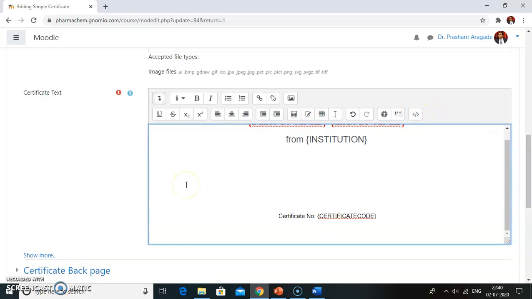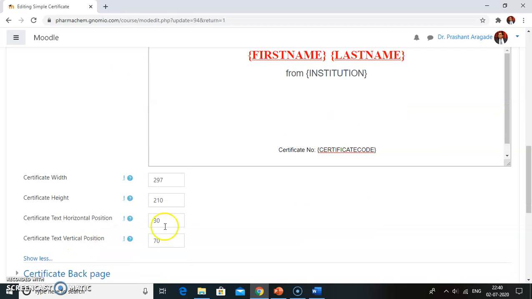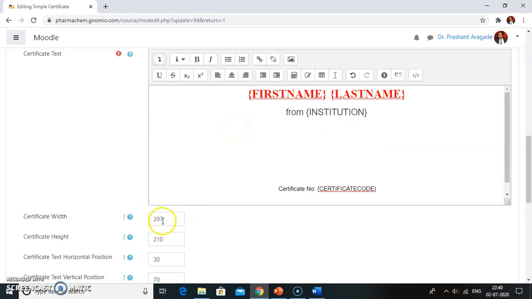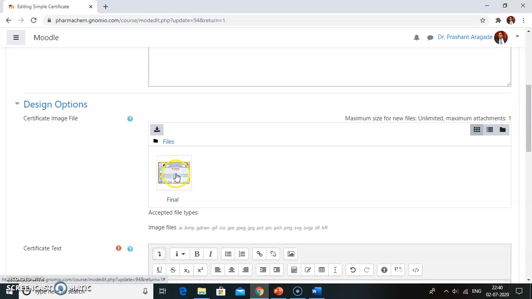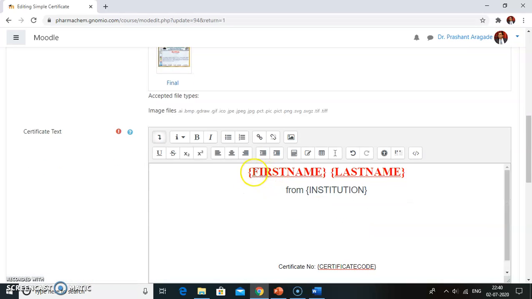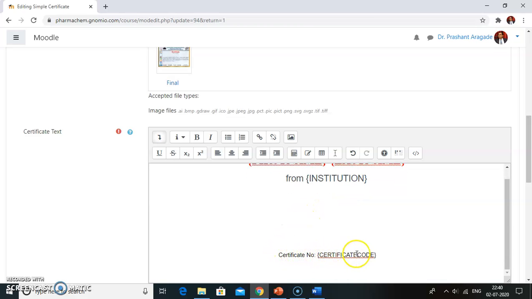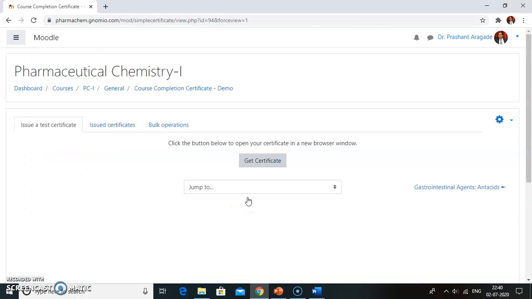Once you have done all these settings, if they do not fit in a proper manner, then you have to change the horizontal positions and vertical positions. Don't add other text in this text box, because it takes exactly the A4 size orientation and it will not exactly fit into your certificate design. So just keep some space in your certificate design for the participant names, participants' institution name, certificate number and date. So you can award a certificate with a good design.